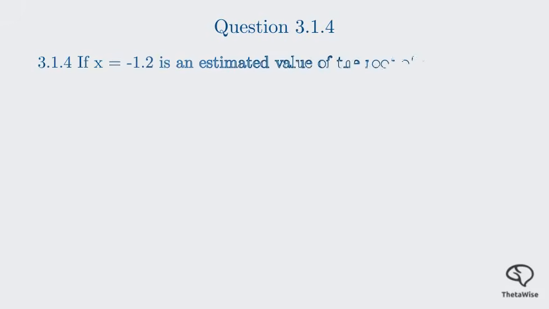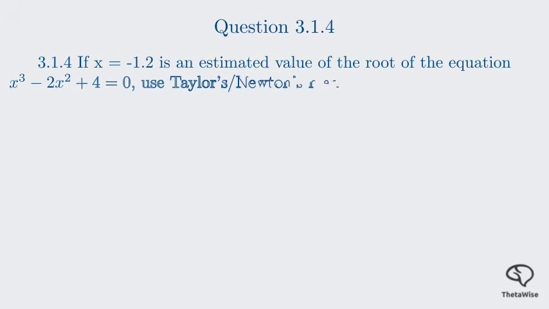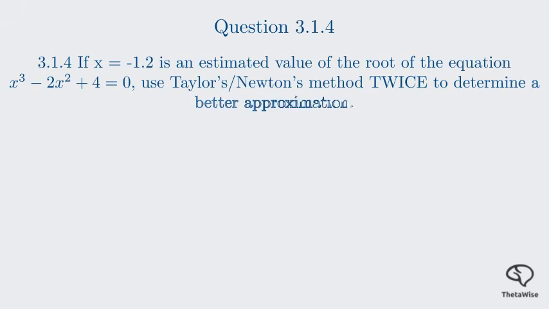We've analyzed and graphed our cubic function. Now for the final part of question 3.1. Part 3.1.4 gives us an estimated value of a root, x0 equals -1.2. We are asked to use Taylor's or Newton's method twice to find a better approximation of this root to 3